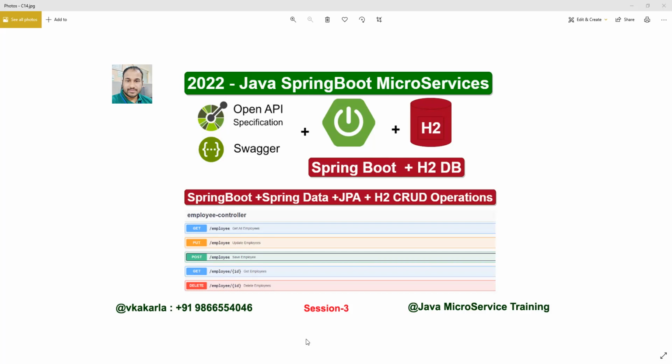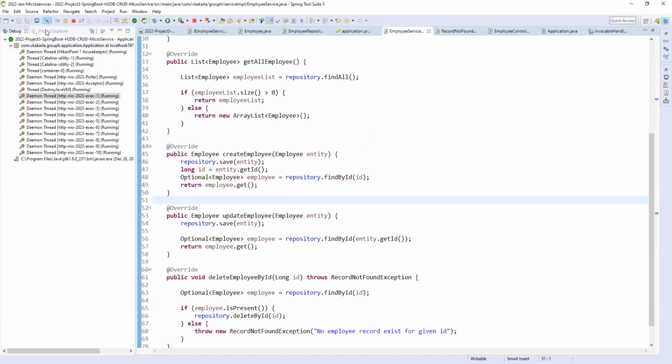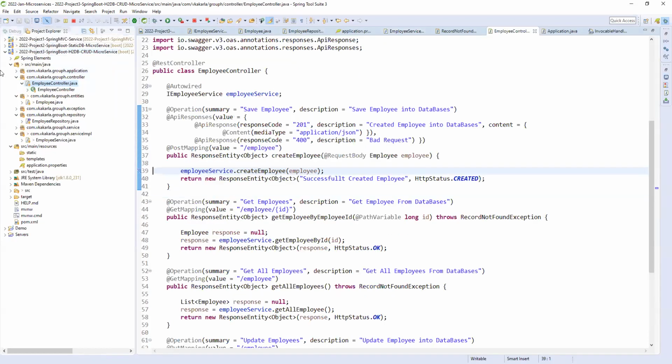Do you have any questions or doubts? No, thanks. Yeah, thank you. I have a question. What is the best practice for the input request? I saw that you have the entity. Do you recommend having a data transfer object? Very good question.